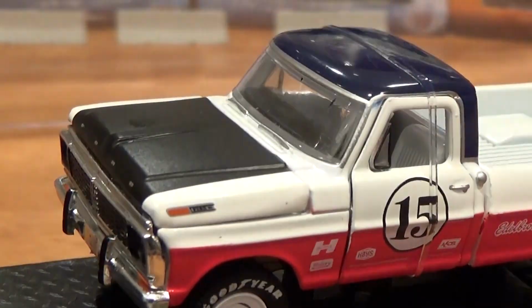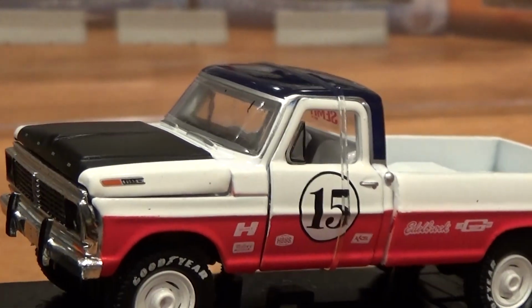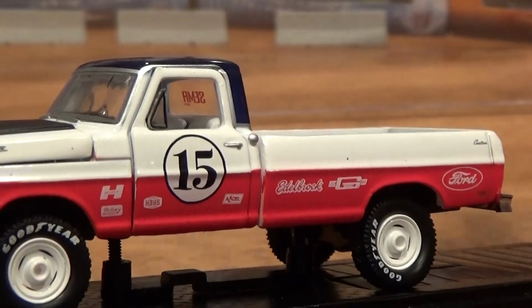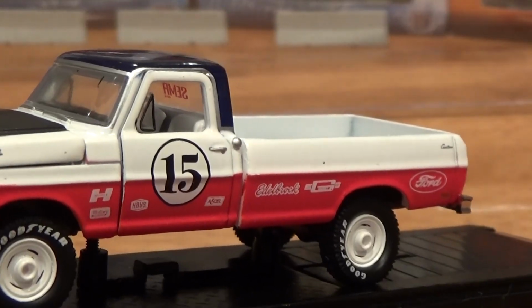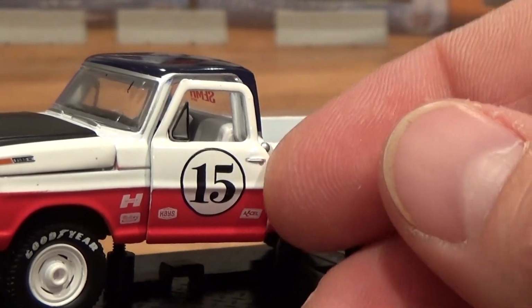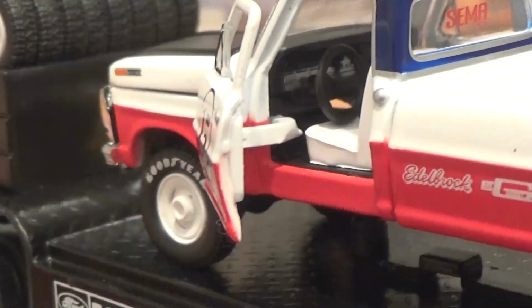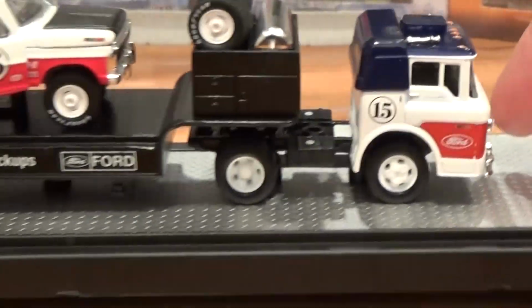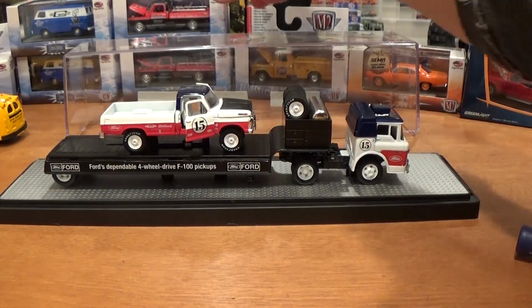So now we've got the hood shut. It's also got the door. The doors are shut with that rubber elastic, which will just snip off with my knife, and we should be able to get those doors open carefully without wrecking the paint. Look at that. Really nice piece. Let's get this thing off of the display panel and compare it to another vehicle that we're